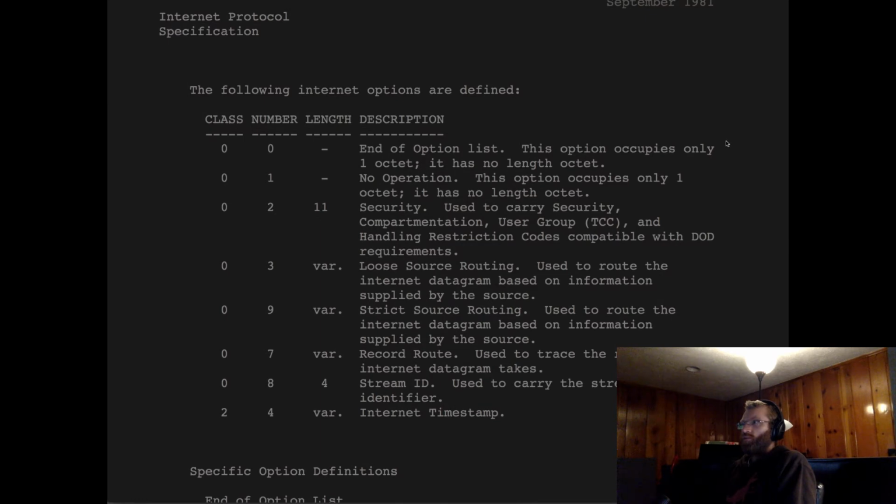So the following internet options are defined. Class 0, number 2, length 11 is a security option, and it's used to carry security, compartmentation, user group, TCC, and handling restriction codes compatible with DoD requirements. Class 0, number 3, variable length, is loose source routing, used to route the internet datagram based on information supplied by the source. Class 0, number 9, length variable, is strict source routing, used to route the internet datagram based on information supplied by the source. Class 0, number 7,